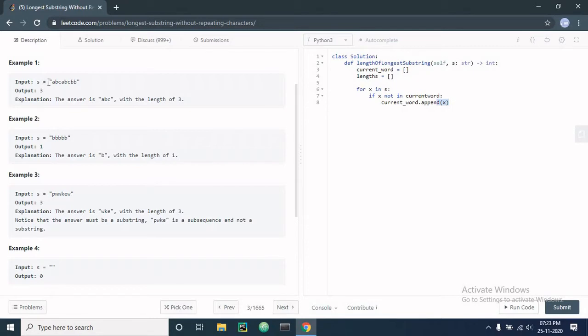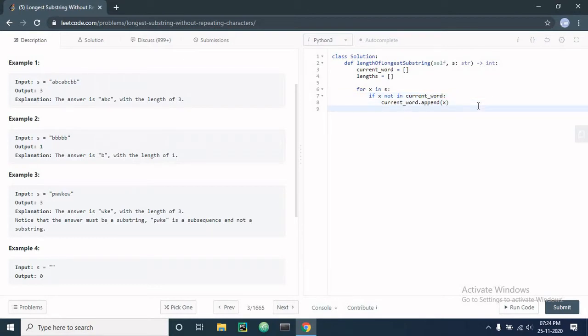If we are looping through example 1, ABC, when we go through the first element, it will not be in the current word. Then we will append A to the current word. Now the current word becomes A.